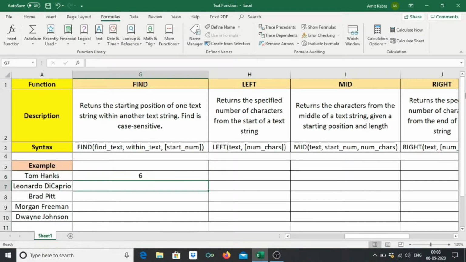As soon as we close, it is indicating 6. Now TOM is 3 positions, blank is the 4th position, H is the 5th position and A is the 6th position. So A is at the 6th position. We can also use the FIND function to find a blank space.